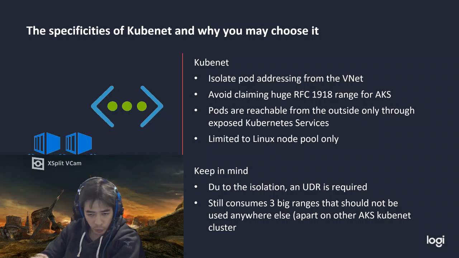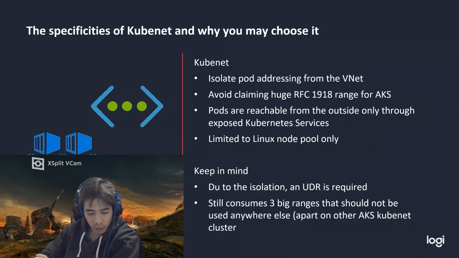Those are the private range, and you have to consume that when you create a virtual network. If you use Kubernetes, you can decide to use a more limited range because it won't be the same address space for the pods. There are some limitations also. It's only working with Linux node, at least for now, because this is based on Linux configuration specificity.